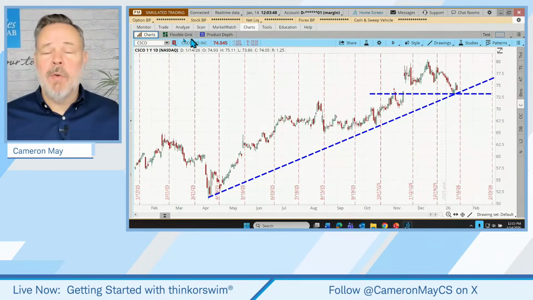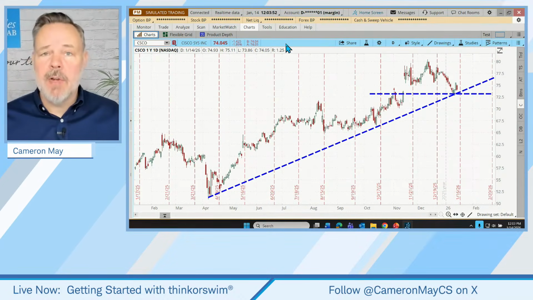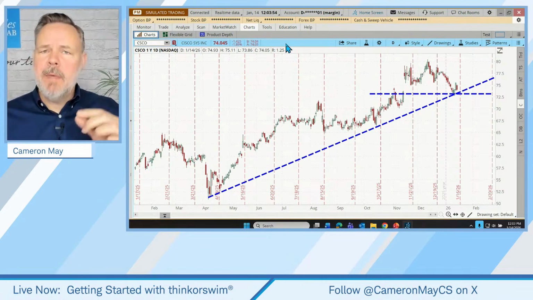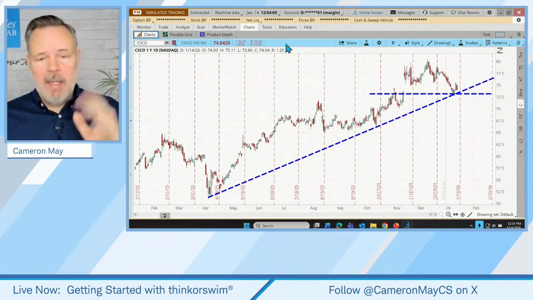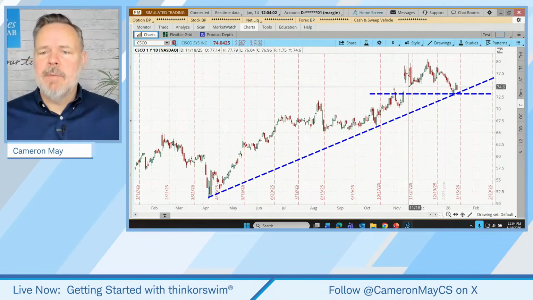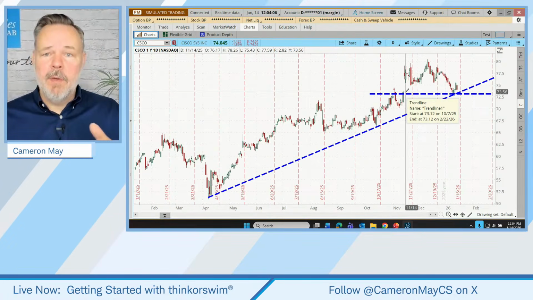So let's go right to the Thinkorswim desktop platform. And our example trade today is going to be Cisco. I don't want to get too much into how options are traded. I'm going into this with a little bit of an assumption that at least the watcher has some experience with options trading. But just to set the sort of chart on a traditional stock chart view of this trade,